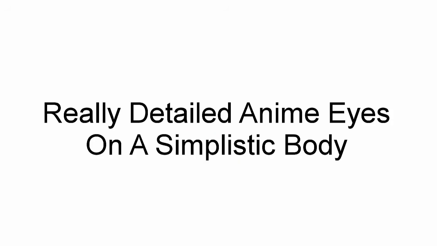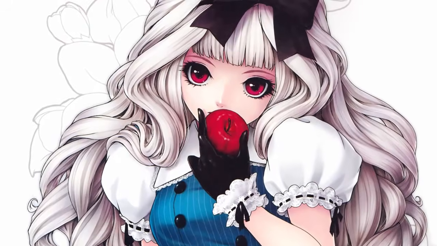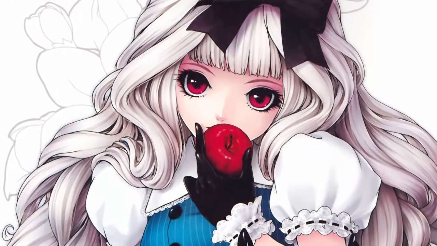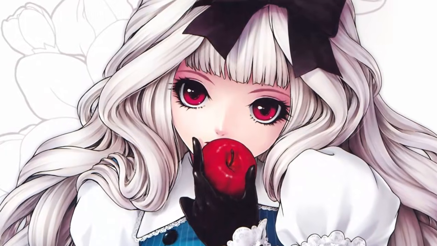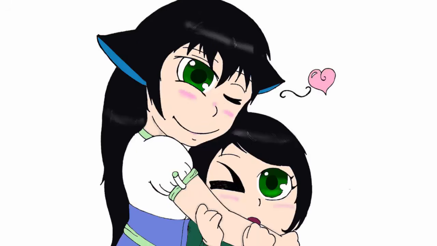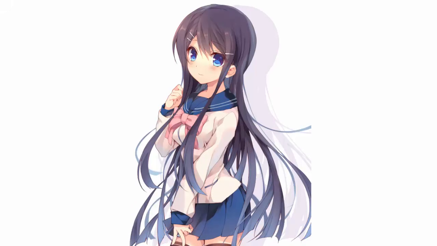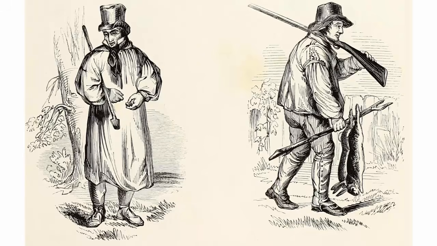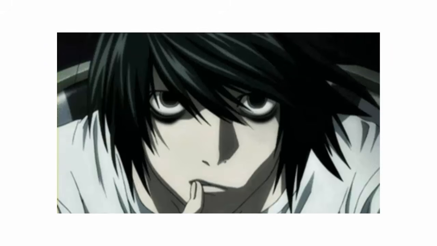Okay, first off, really detailed anime eyes on a simplistic body. Apparently, every aspiring artist develops a disturbing obsession with anime, and they want to draw everything they make like it. This isn't really a problem of drawing things badly, it's more like a lack of balance. I mean, you have these huge, detailed, fully shaded eyes, and then you have a simple, unshaded body and face. It's extremely awkward. In other art with these eyes, there is some level of detail that balances the piece. I'm not saying it has to be a completely finished, meticulously crafted figure for this to happen. It just needs to match at some level, you know?